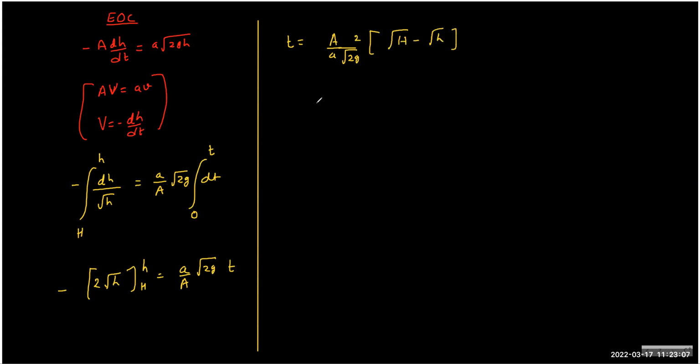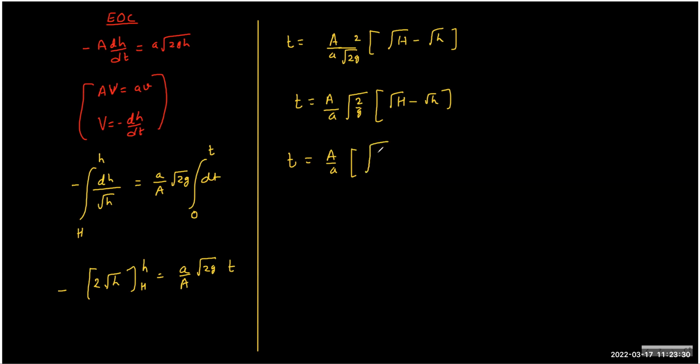Right? This is the nice answer. So this is under root 2 by g, right? So now t equals a by a,